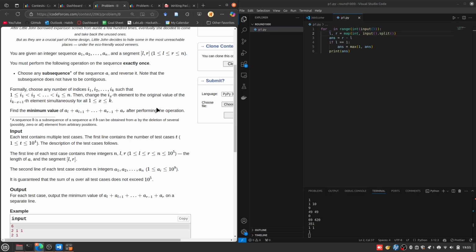Find the minimum value of a range after performing the operation. Okay. I can only do this once. That's okay, that's good. Sometimes I would say that's bad. If I could do it infinitely many times, then there are strategies for that. If I just do it once,